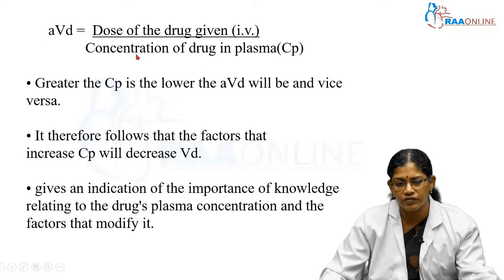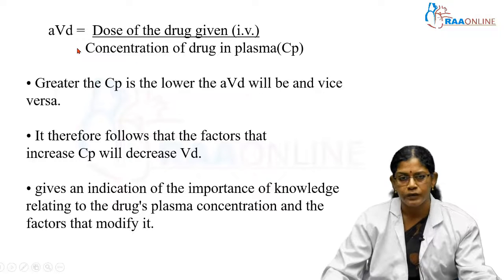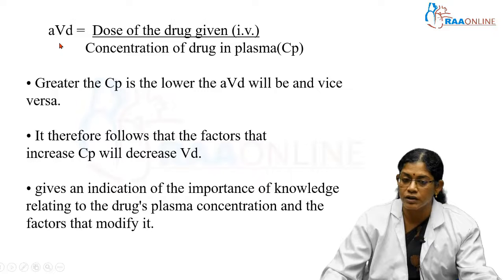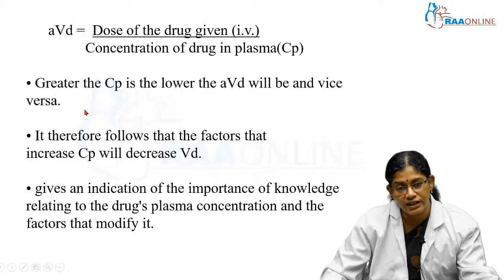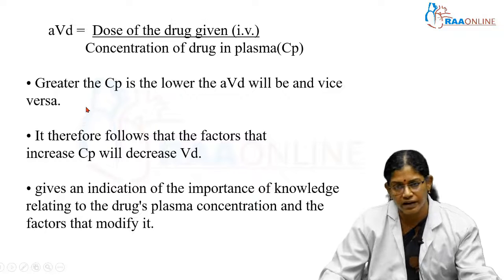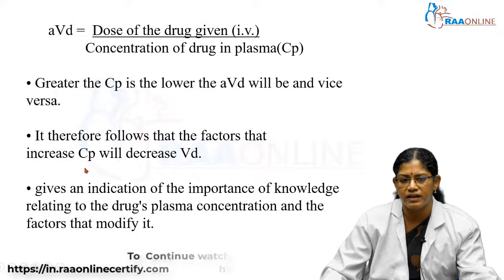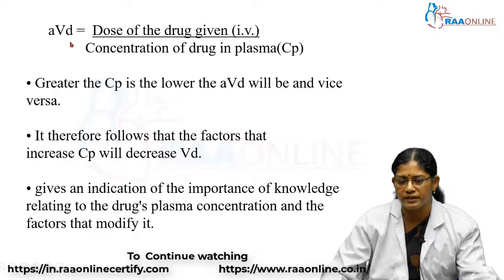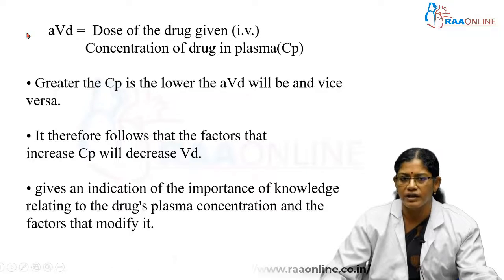If the concentration of the drug in plasma is very low, the volume of distribution will be high. So, according to the volume of distribution, the pharmacological action, adverse reactions of the drug as well as excretion of the drug will be taken care of. Therefore, it follows that the factors that increase Cp will decrease the volume of distribution. This gives an indication of the importance of knowledge relating to the drug's plasma concentration and the volume of